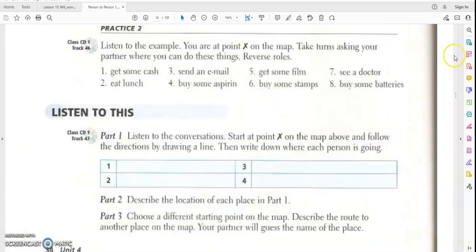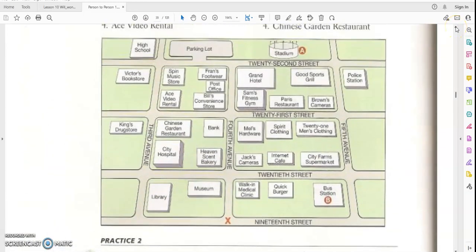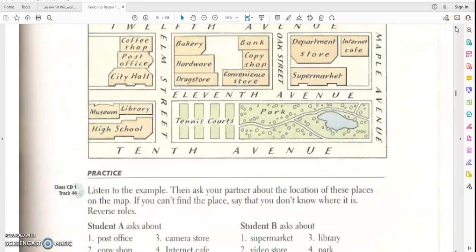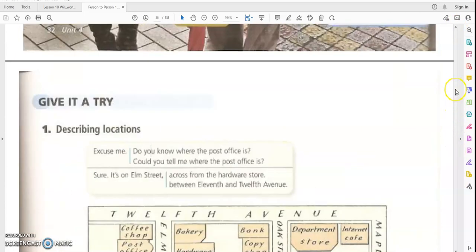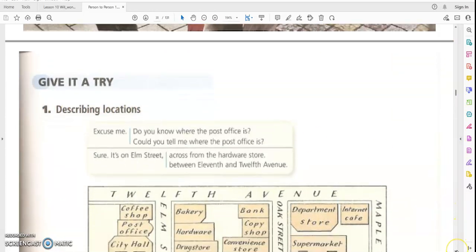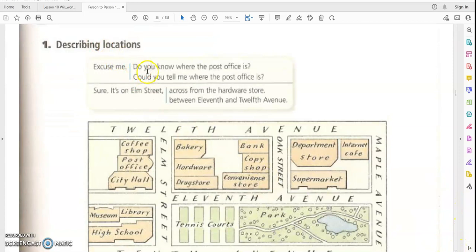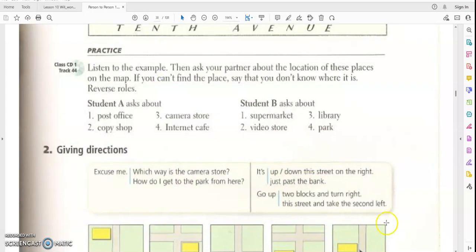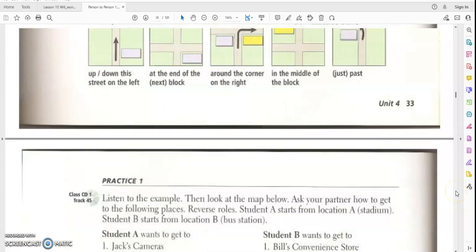All right, that's about it for today's lesson. So we know how to ask for directions. It's very easy. So we said for the first one, describing locations, you can ask these questions like, excuse me, do you know where, and then you ask about the place. Do you know where the post office is? Could you tell me where the post office is? So these are the questions you can use. This is how you give directions. You can say up and down. Okay, that's it. Just review